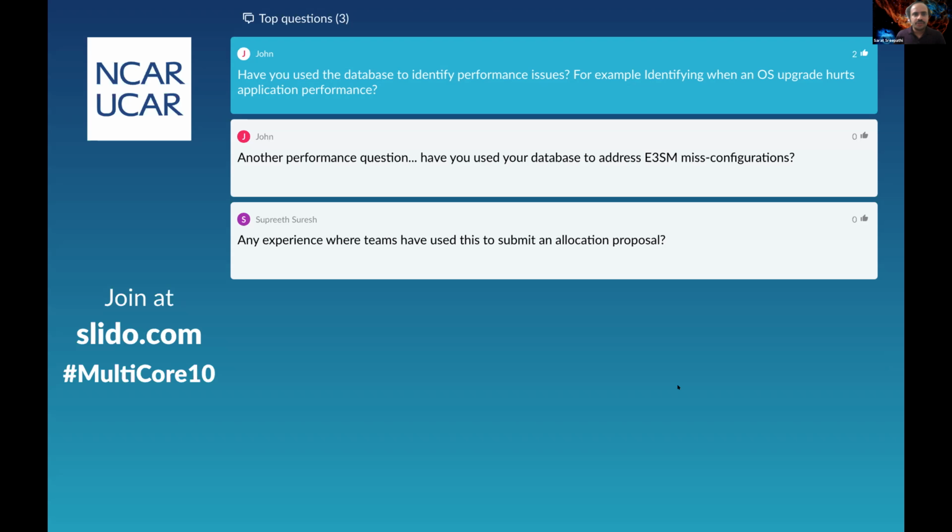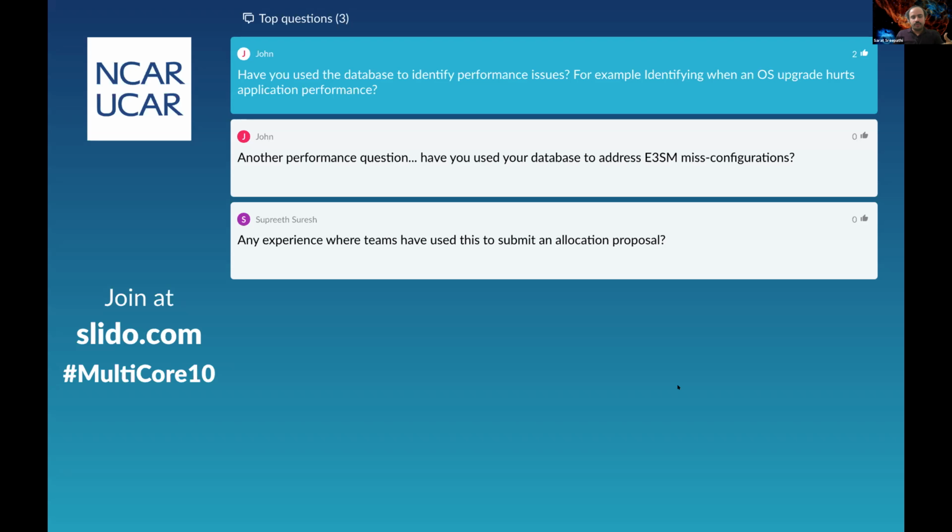Okay. The next question is, have you used the database to identify performance issues? For example, identifying when an OS upgrade hurts application performance. Yes, we can easily compare. When we have these benchmarks that we keep track of, we can look at whether something in the machine environment changed.